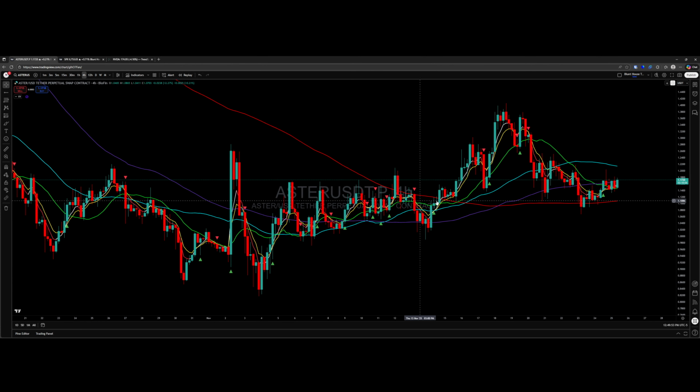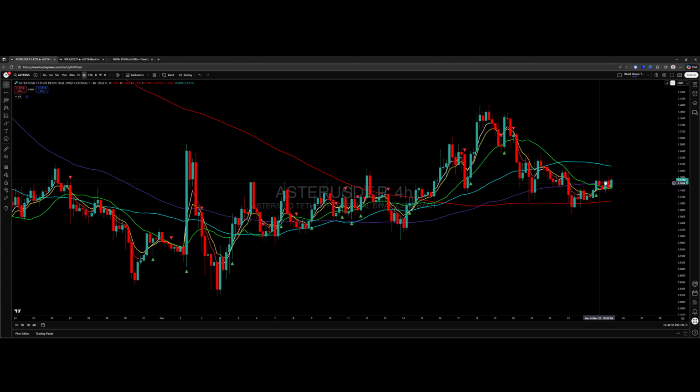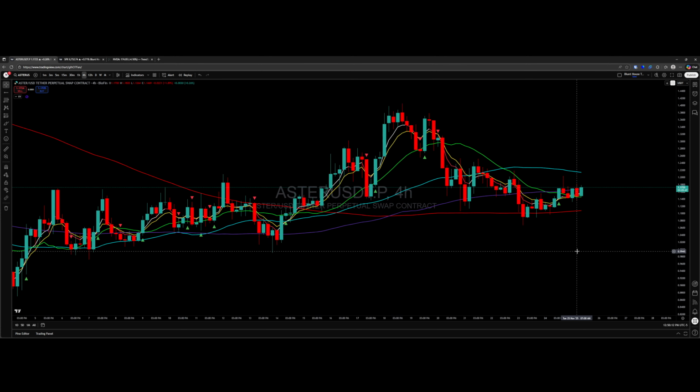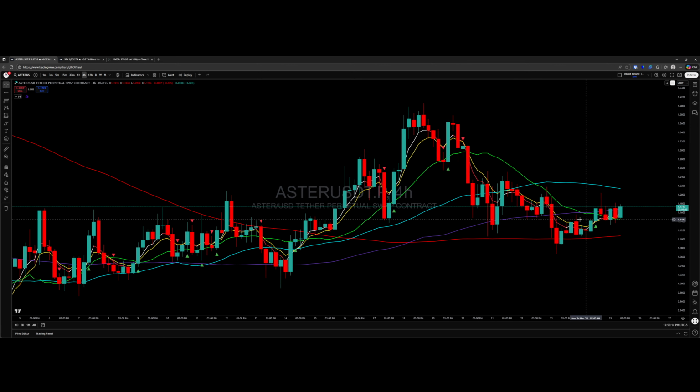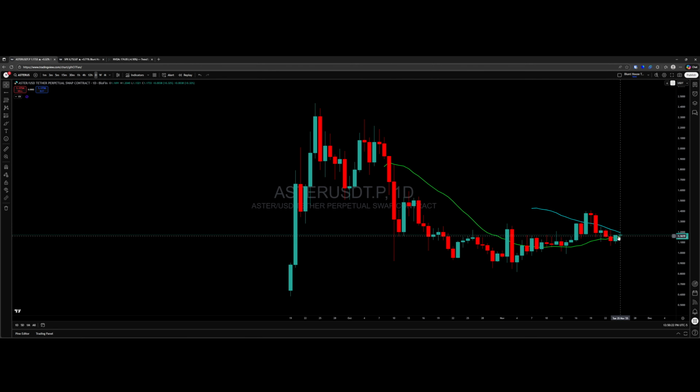On your 4-hour, there's some support from the 200. You've been in here enough times to know that when you see support at the 200, regardless of the time frame, it's typically a good thing. So you had this big move down, you finally got some support, printed your buy signal, and hopefully this is a situation where you get to put your feet on the desk, where you're in on the 4-hour at an early level, because ultimately what you want to be able to do is say, I got a great entry on the daily. That would put you in here on the daily.